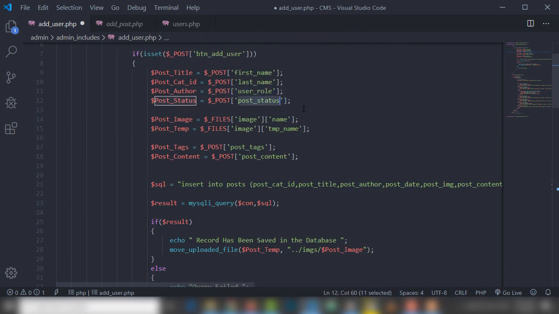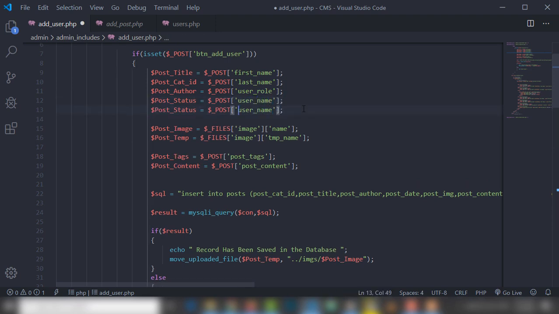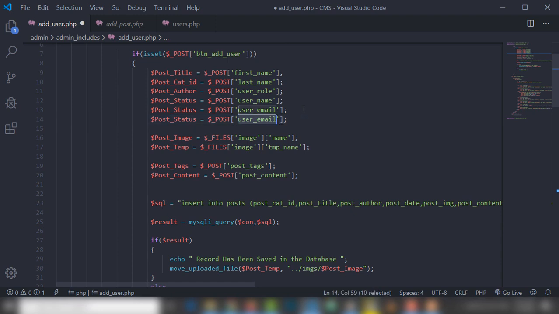User role, username, user email, copy and password, right? We need to change also the names,